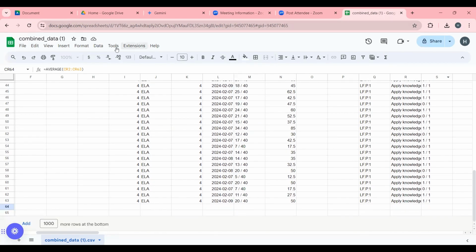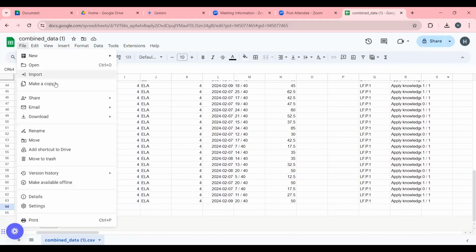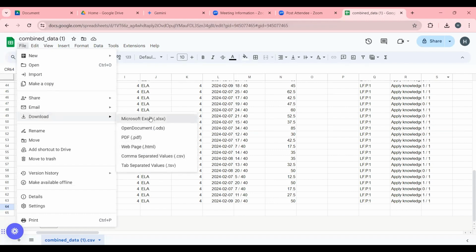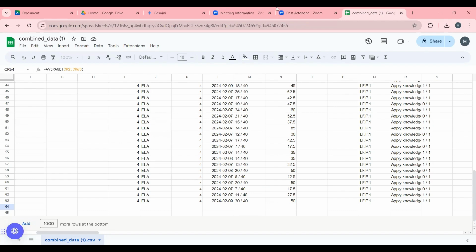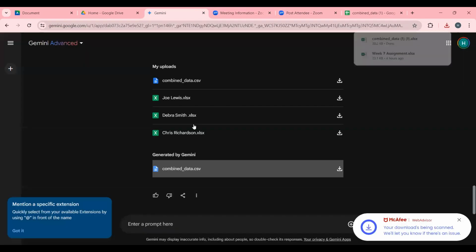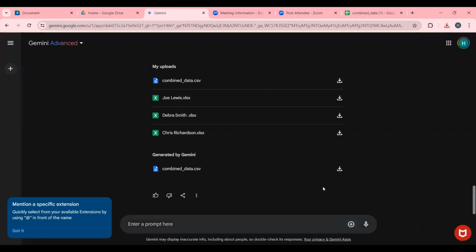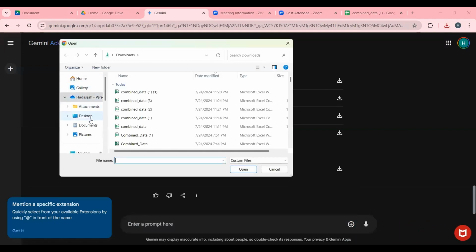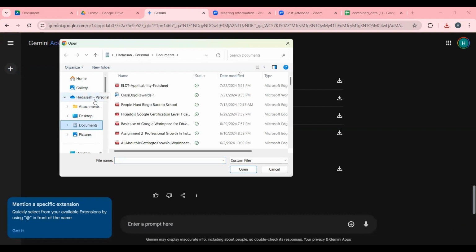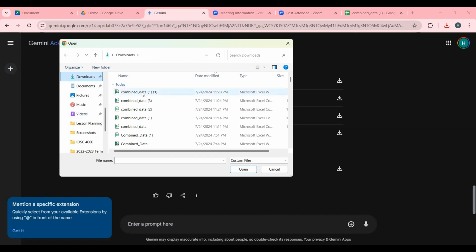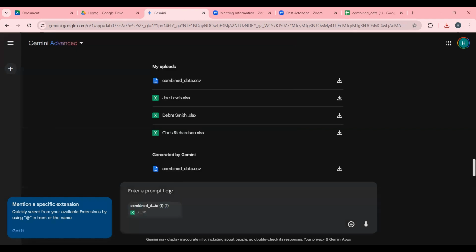So what I'm going to do is download this file. I'm going to download it as an Excel, and then I'm going to go back in AI. I'm going to upload this file. It should be in my downloads. There we go. And then I'm going to tell it,